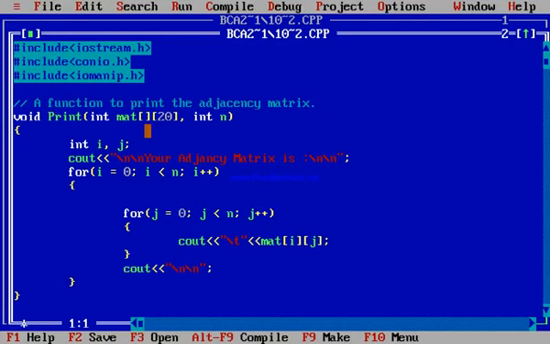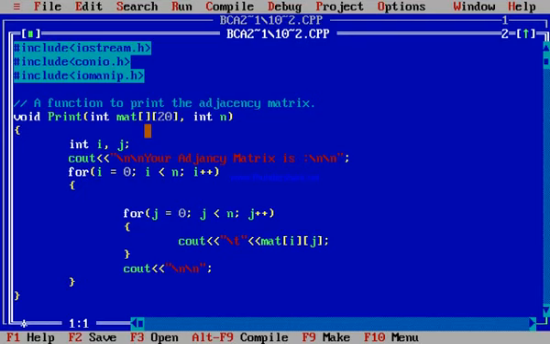adjacency matrix means if there is an edge between two vertices, then we can represent it by 1, and if there is no edge between the vertices, then we represent it by putting a 0.